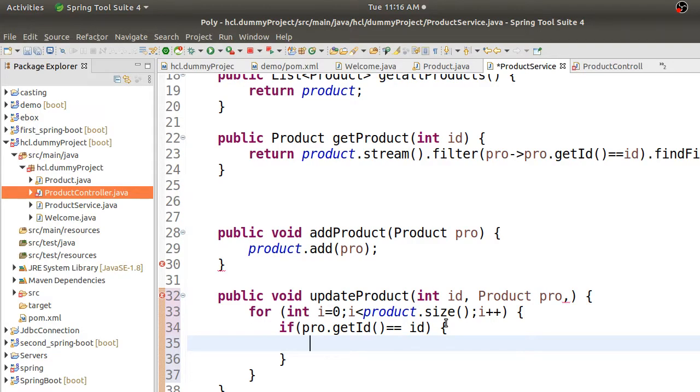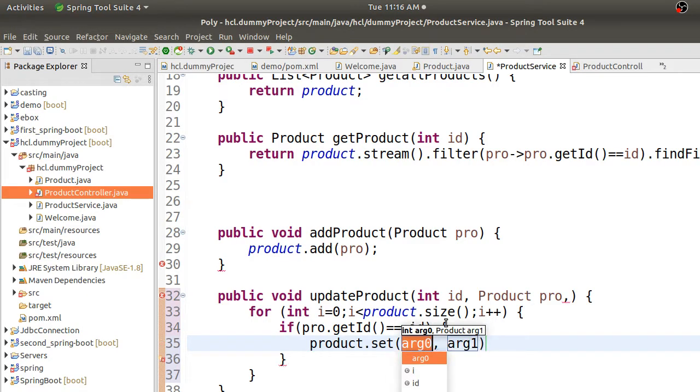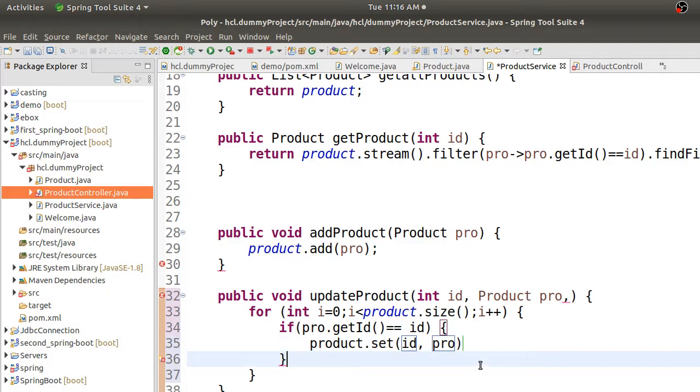So for that I will use products. I think product.set is the method. So I will set the newly added ID as that ID and product. Okay, I think this should work fine.